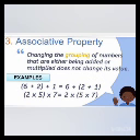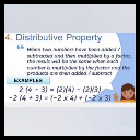Let's move on to multiplication of associative property. 2 5s are 10. 10 multiplied by 7, that is 70. So LHS is 70 over here. 5 7s are 35. 35 2s are 70. So on the right hand side we are getting 70. So that means LHS is equal to RHS. This proves that associative property works under multiplication also. Let's move to the next property, that is distributive property.